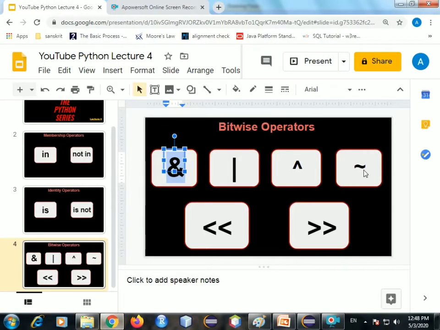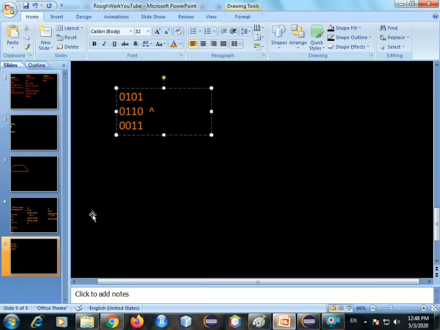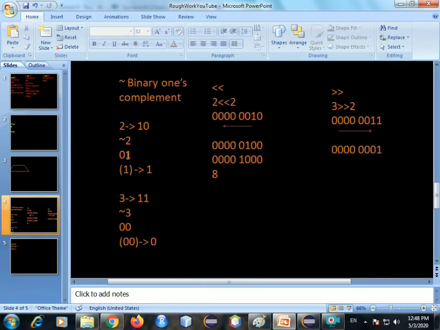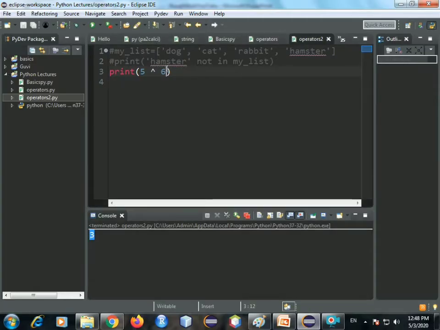Alright, now let's go with the ones complement, left shift and right shift. Let's look at the examples that we had done. We'll do the same ones. See, tilde of 2. Okay, let's see what it gives us. Sorry, we were doing tilde of 2. Okay, so you see we got the number -3, just how we had got during our concept understanding.